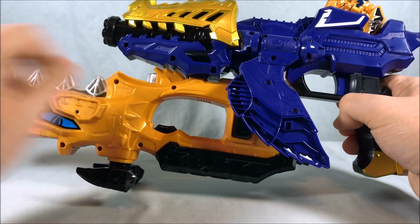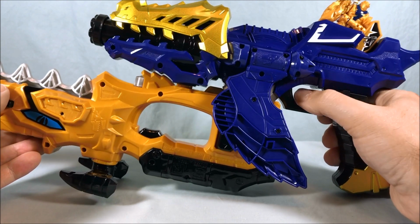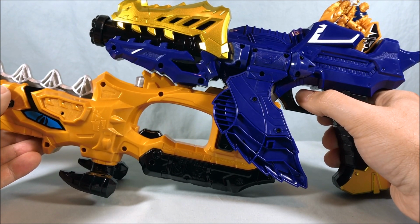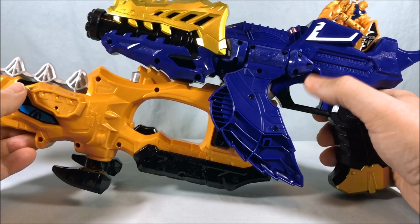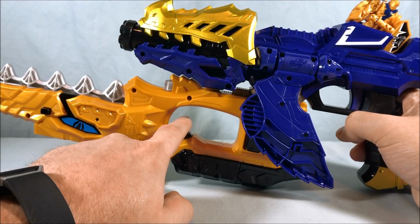it says Mosa Breaker because you need this piece to connect into the bottom of that. I think that's what triggers it. So now you can hear you get a new sound out of the Mosa Changer because it says Mosa Breaker, and when you pull the trigger you have a different sound there. If you press the trigger on this,